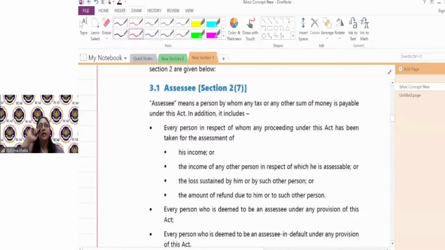See, assessee, my friend, is anyone who under the act has to give some tax or any sum to the government. Assessee मतलब जिसको कोई टैक्स देना है, टैक्स पेयर को हम assessee कह सकते हैं. इन कॉमन पार्लेंस टैक्स पेयर को यू कैन से कि assessee है. बट जनरली assessee का क्या मतलब है? जिसको कोई टैक्स देना है या कोई सम देना है. Any person who is bound to give any sum or tax under the act is called assessee. So definition याद हो गया. Any person by whom any tax or any sum is payable under the act is an assessee.